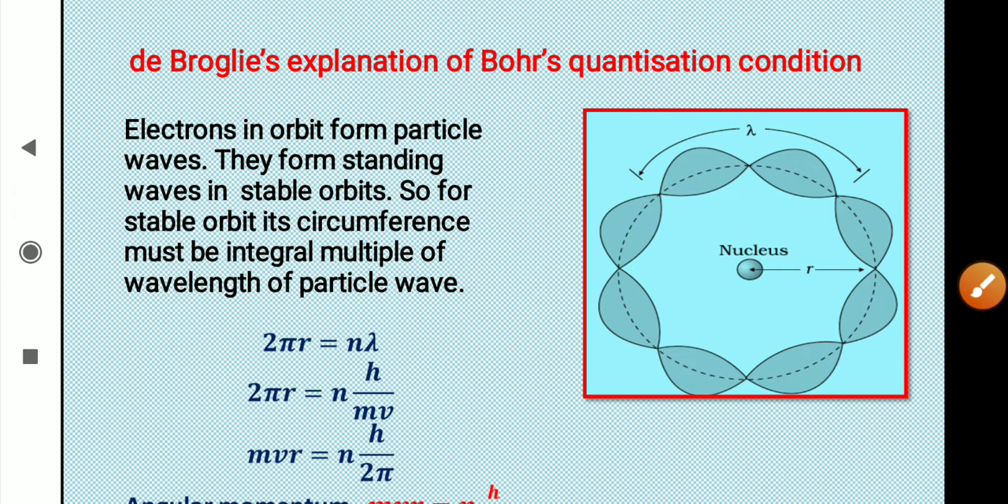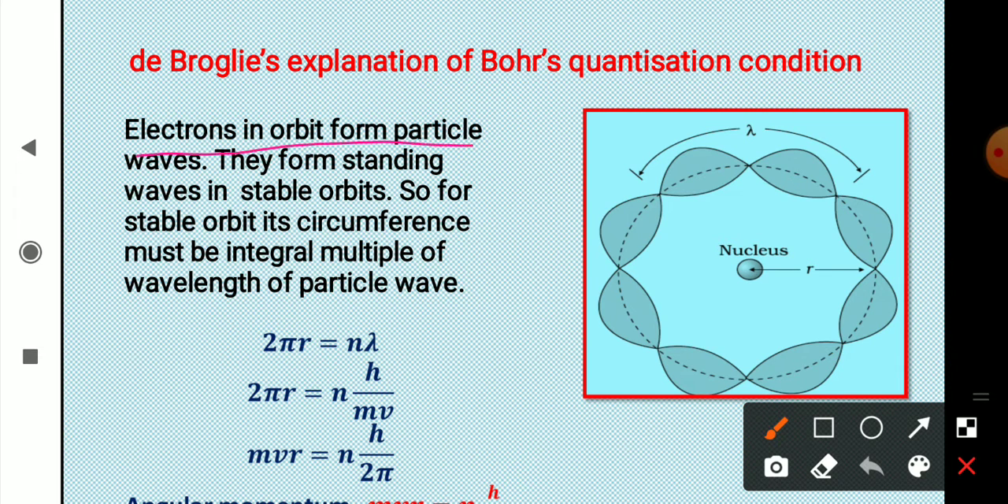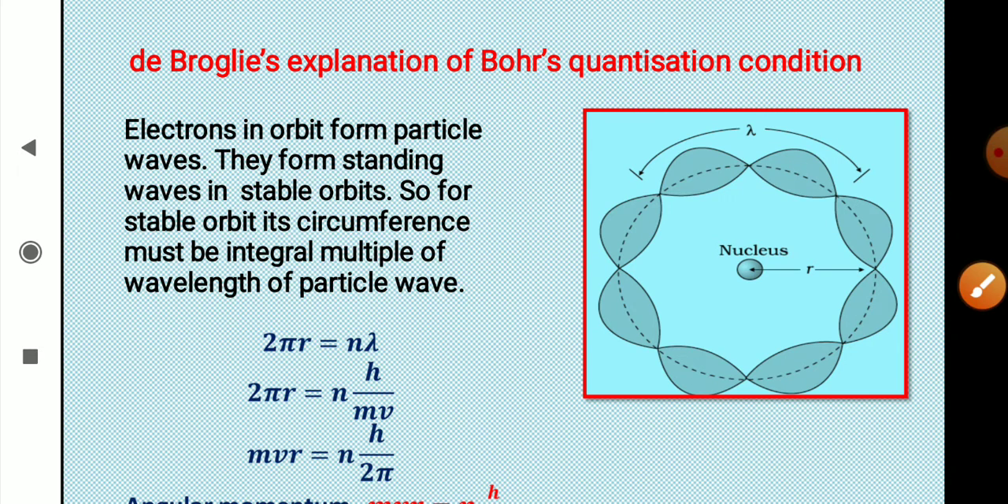So electrons in orbit form particle waves. They form standing waves in stable orbits. So for stable orbits, the circumference must be an integral multiple of the wavelength of the particle. So now you can see that the electron cannot be located as a particle. They will behave as waves in their orbits. So using this idea only,